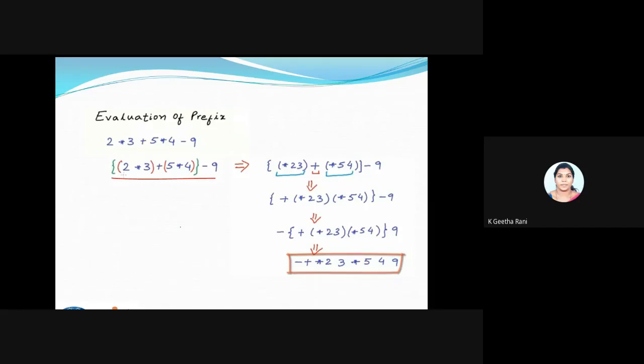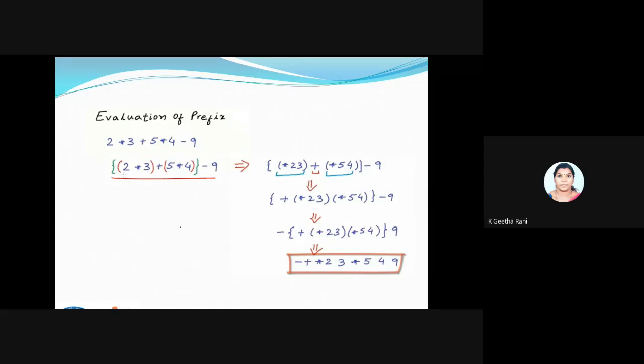So we'll have the bracket as the first one, then comes the exponent, then comes the multiplication and division, and the last one will be the addition and the subtraction. So based upon this order of operations, I'll be converting a normal equation into a prefix way. As we know, we have a format for prefix. So what is the format for prefix? First comes the operator, and then the operand 1, and then the operand 2. This is the format of the prefix.